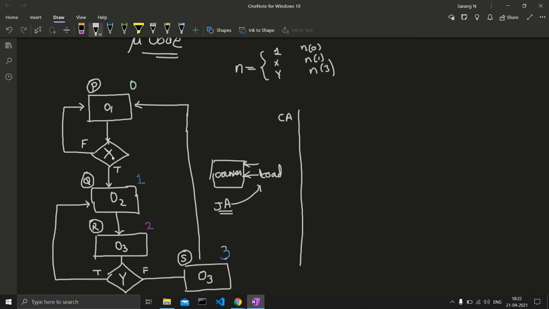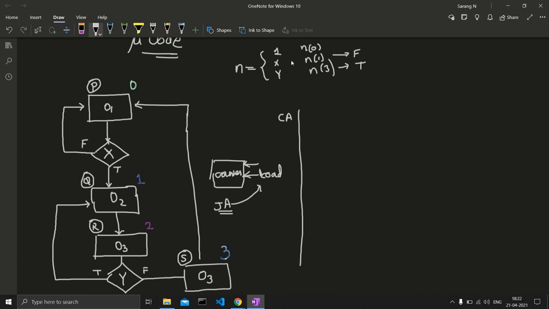See, for x, if x is false, if n of 1 is false, for n of 1 we need false. So jump address is true. For n of 3, if n of 3 is true, jump address is true. Now n of 1, we know